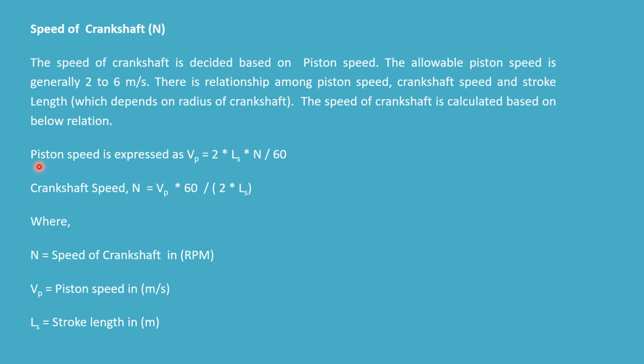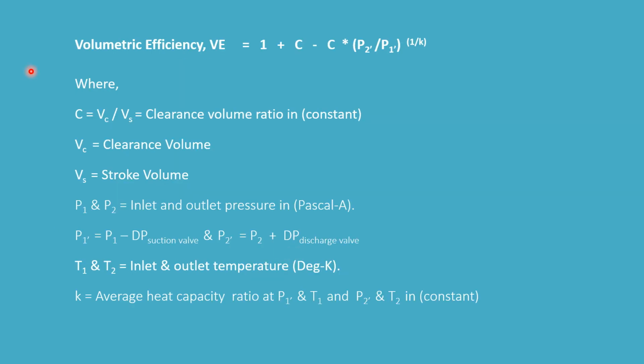So what is the formula for the piston speed, which is Vp is equal to 2 into Ls into n upon 60. So through this we can calculate crankshaft speed, n is equal to Vp into 60 upon 2 into Ls. Where n is the speed of the crankshaft in RPM, Vp is the piston speed in meter per second, and Ls is the stroke length. सो एल एस हम निकाल सकते हैं, क्योंकि अगर रेडियस ऑफ क्रैंक शाफ्ट को पता है तो 2 टाइम करेंगे तो एल एस मीन्स क्रैंक शाफ्ट की स्पीड निकली है। एन आप इस फॉर्मूला से निकाल सकते हैं। इस तरह से हमने स्पीड क्रैंक शाफ्ट का निकाल लिया और डिसाइड कर लिया।